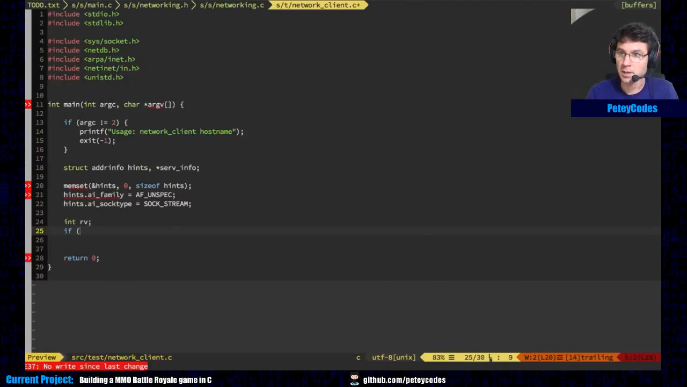Let's see, so we're gonna do, so this is where we get our address info, and we're gonna send it the host name that is passed in via the command line, and then we'll set, I'm just gonna do this because we know it's port 1313, it's gonna hard code it,